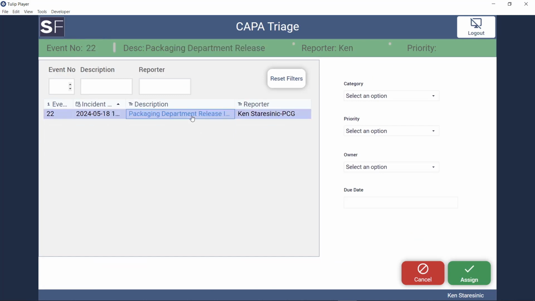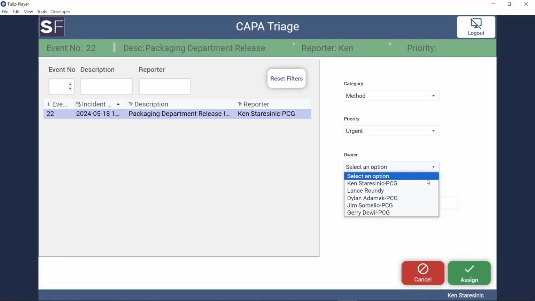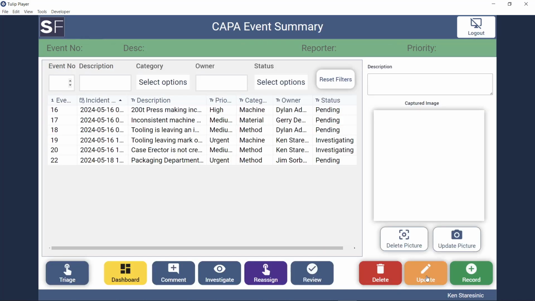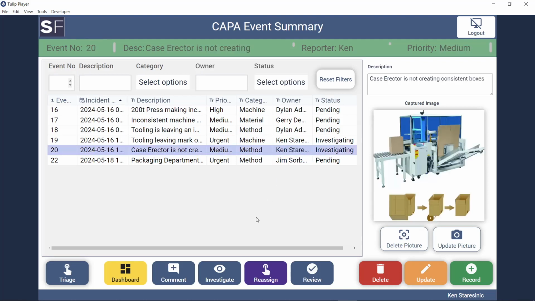Triage allows any CAPA manager to select the appropriate category. In this case, it's likely a method problem. Certainly this is urgent, and I'm going to assign Jim Sorbello with the due date of Tuesday for an initial report. I'll return back to the event summary, and let's take a look at how I can continue my investigation